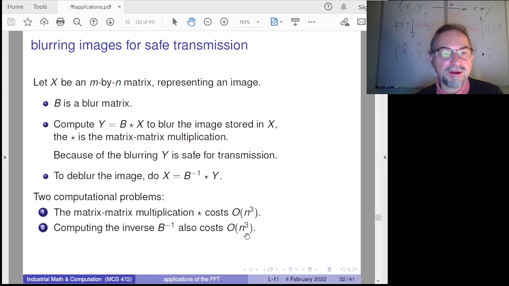So to blur, we do a matrix multiplication. To deblur, we also need to take the inverse. So perhaps we may take an orthogonal matrix. That will save us the inverse operation. So that's just then a transpose. But nevertheless,